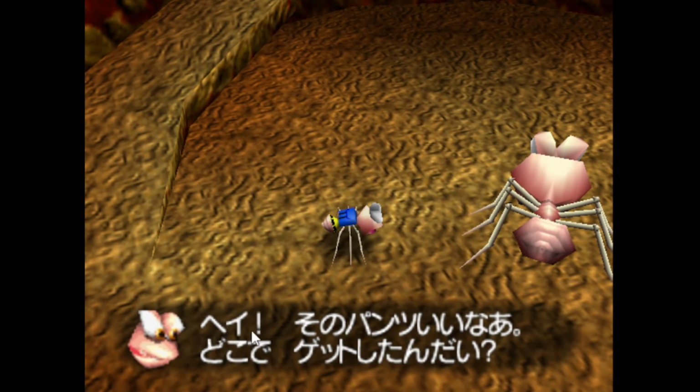So we're saying hey, which is just English. Sono pantsu ii na. Yeah. So those pants are good. And then na is kind of, like I said, you can say it to other people, but it can also be used to sort of say something out loud, like to oneself in a kind of envious way. So sono pantsu ii na is kind of like, those pants are great, aren't they?